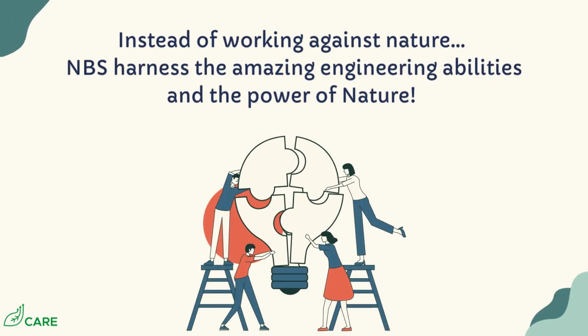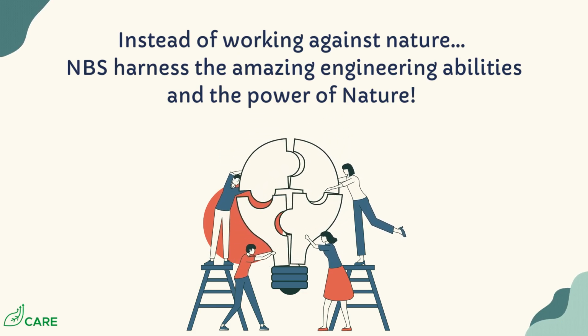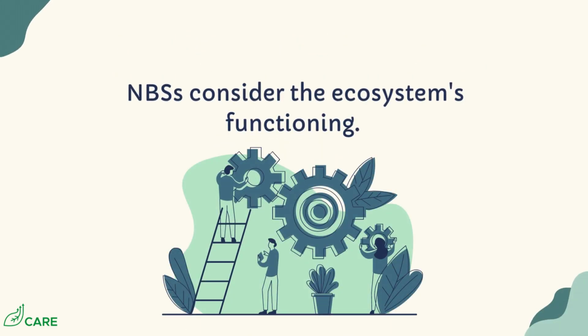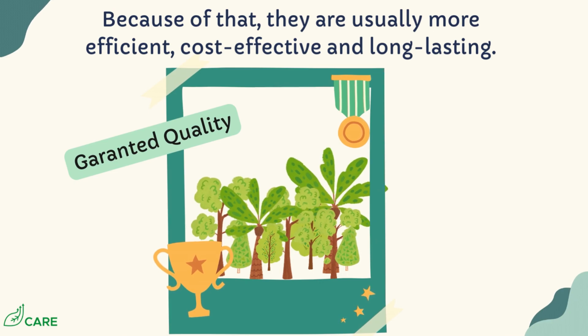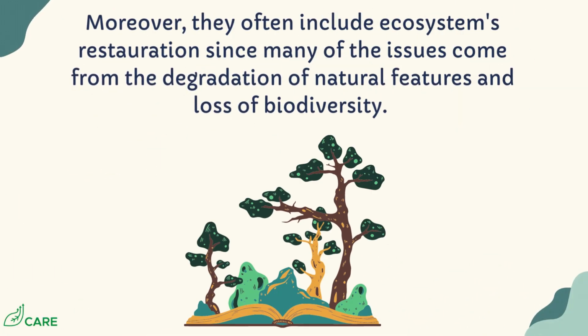Instead of working against nature, nature-based solutions harness the amazing engineering abilities and the power of nature. Nature-based solutions consider the ecosystem's functioning. Because of that, they are usually more efficient, cost-effective, and long-lasting. Moreover, they often include ecosystem restoration, since many of the issues come from the degradation of natural features and loss